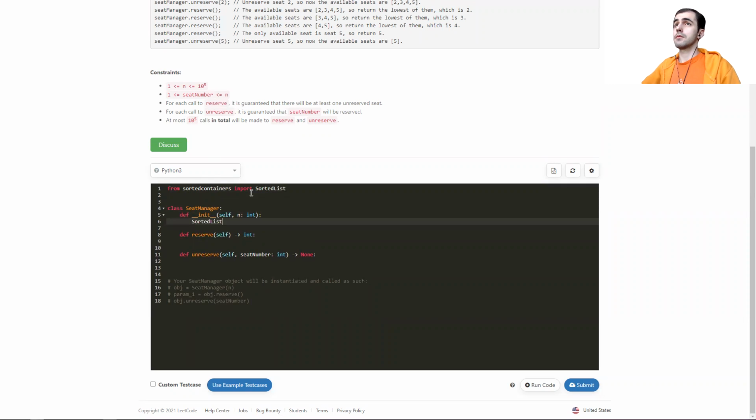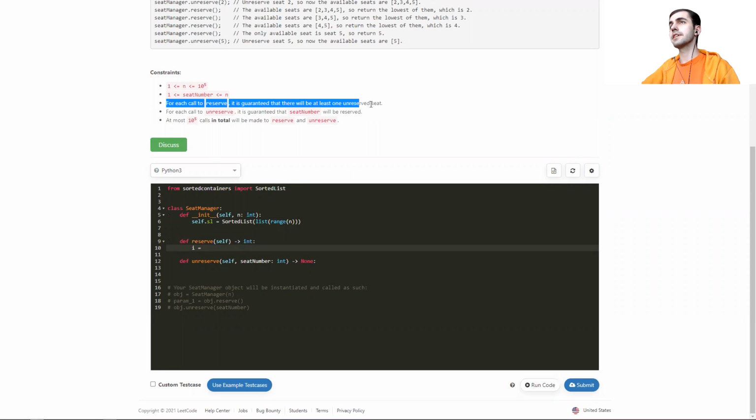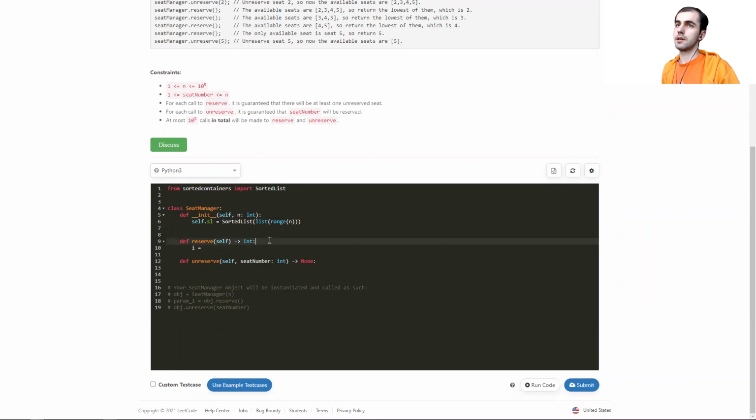Because what you... Yeah, the number of seats is not huge, so... list, range, and what is reserve? We want to get... well, actually, it's guaranteed that there is at least one available seat. This is what I was going to ask. Because we want to get I, we want